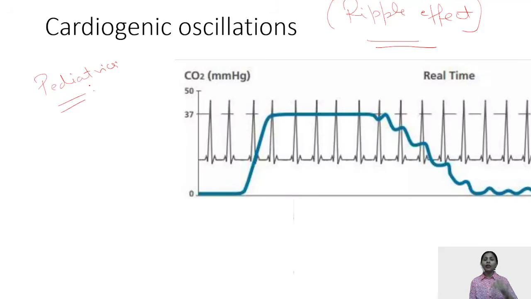Your heart and your lung are very close to each other because of the very little subcutaneous fat present, because of which the cardiogenic oscillations can be seen in the EtCO2, and these are your heart rate actually. This is the movement of the heart captured in the EtCO2, generally taking place in pediatrics or very lean and thin patients, also known as the ripple effect.